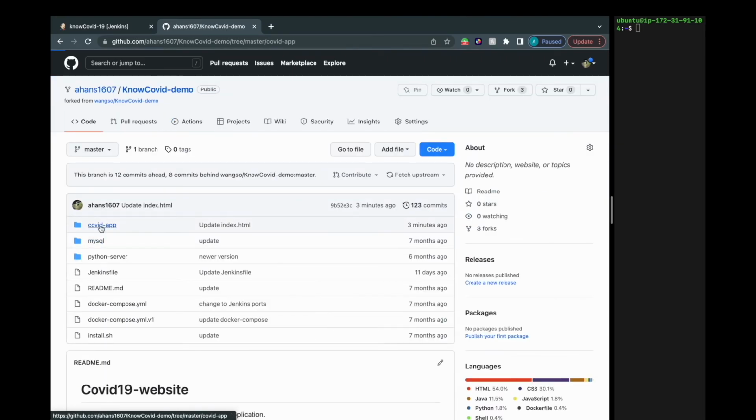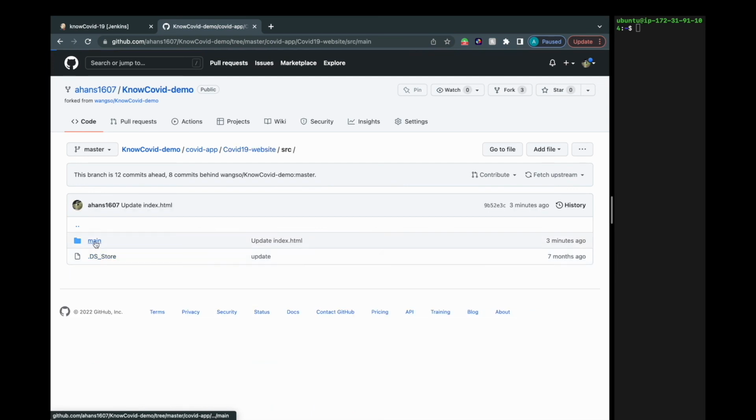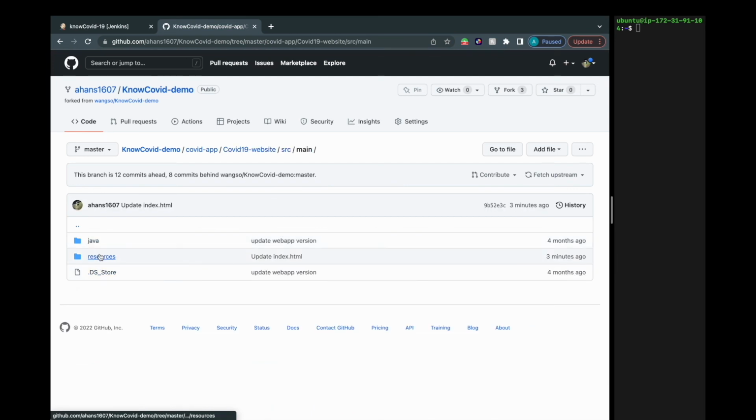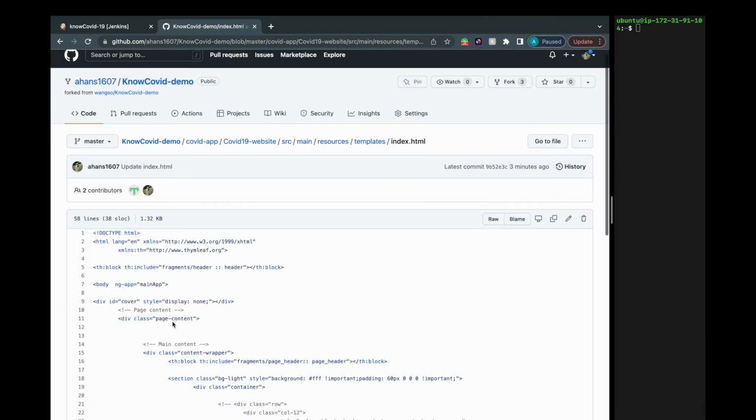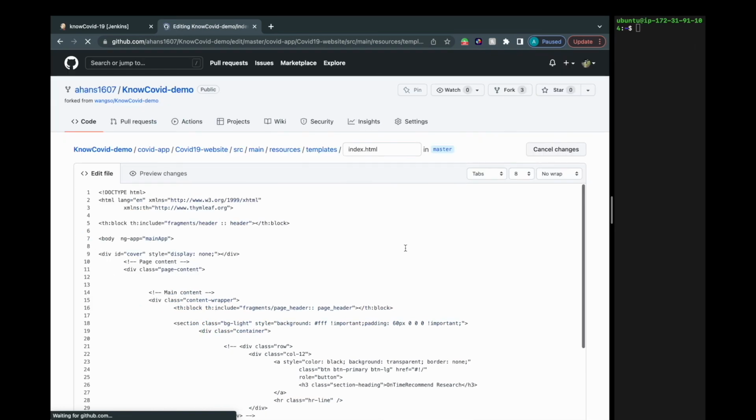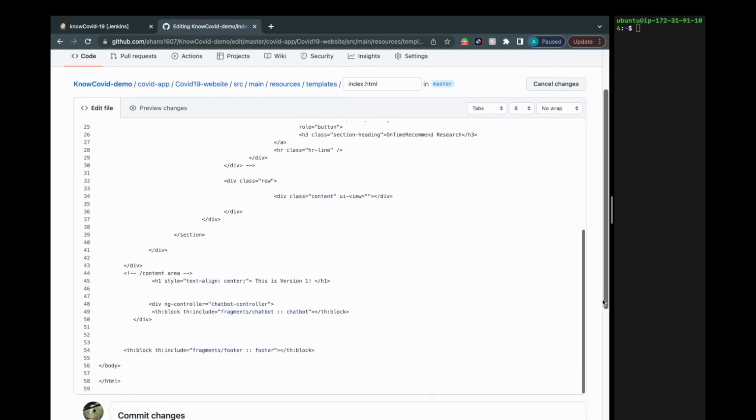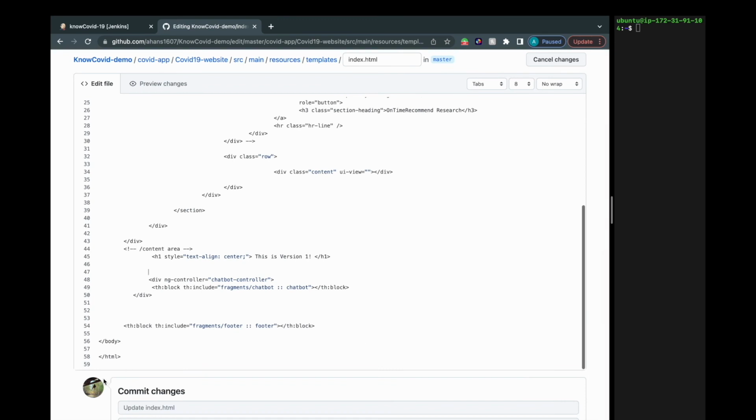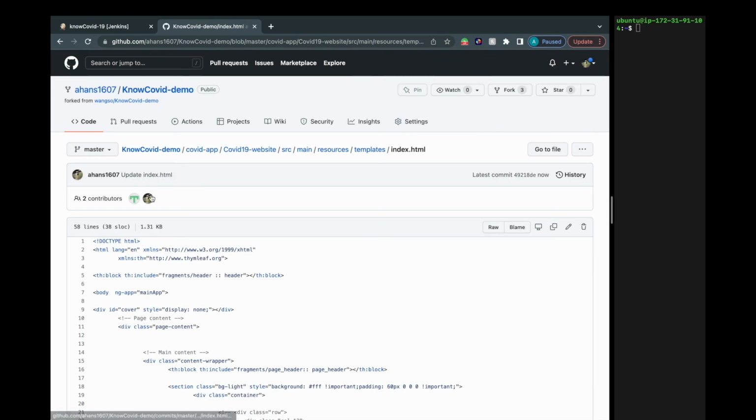Now go to the GitHub repo and change the following files. First, the COVID app, COVID-19 website, source, main, resources, templates, index.html. In this file, uncomment the following line that has "This is version 1." Commit changes, and then go to the resource folder,